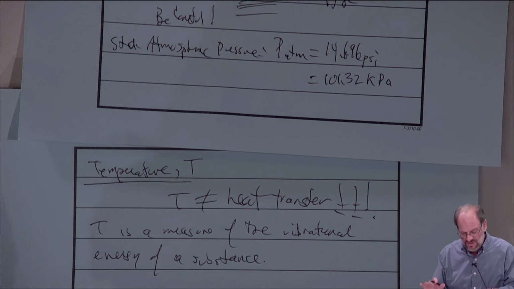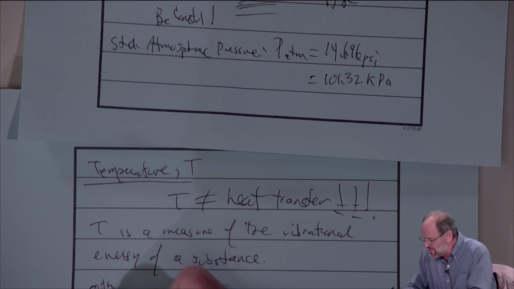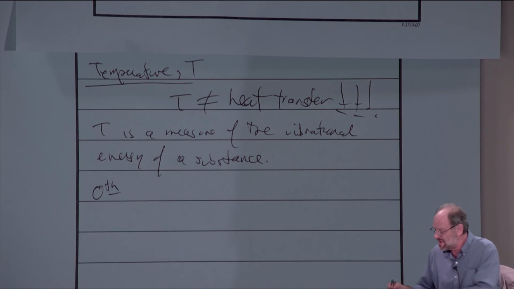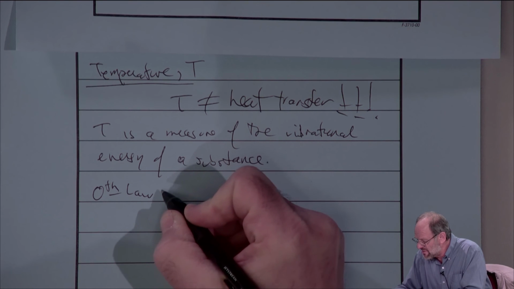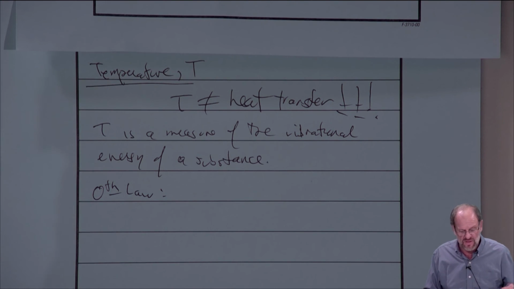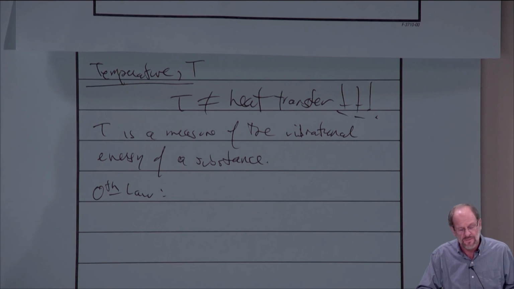Anyway, so don't confuse temperature with heat. Now, the first thing you're going to read about when you begin to look at this section that deals with temperature is something called the zeroth law of thermodynamics. I am not really that concerned about the zeroth law. The zeroth law basically tells us that a device called the thermometer works. What it really says is that two bodies that are in thermal equilibrium with a third body are in equilibrium with each other. You can think of that third body as the thermometer, right?